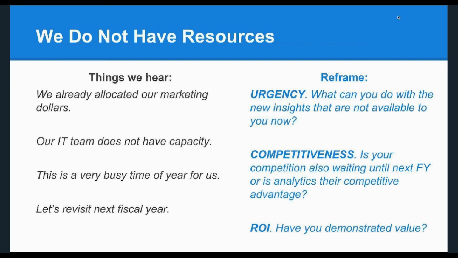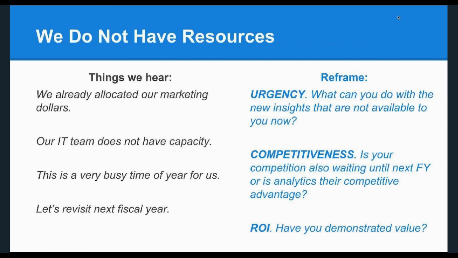What can you do with new insights that are not available to you right now? This is a very, very powerful question, because any type of implementation, any type of change has to empower a new set of activities or new set of insights that is not available to us before. And if we don't have that, if we retag our website or make any changes simply because we think it's better, that's not quantifiable enough, right? So when we talk about data, we need to use data to showcase the value of it.